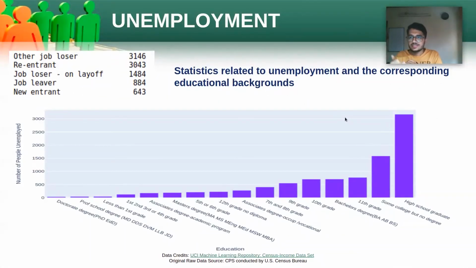Unemployment is a very serious social problem, hence, it is necessary to analyze the same. Of the sample that we have, nearly 97% of the people are employed. Of the remaining 3%, we have the following statistics. These numbers that you see are out of a sample of nearly 3 lakh people. Majority of the people being unemployed are the ones who took a brief break from their career.